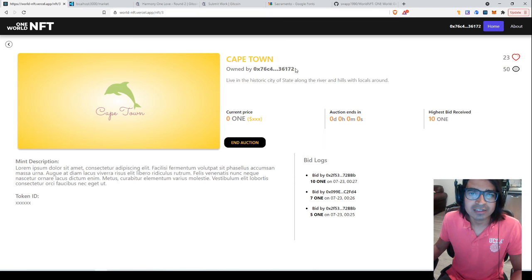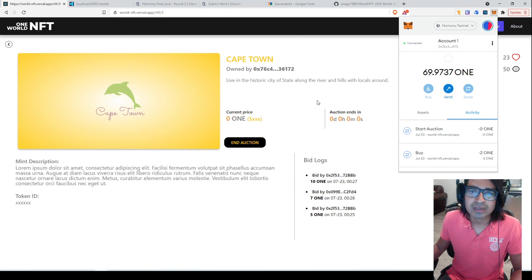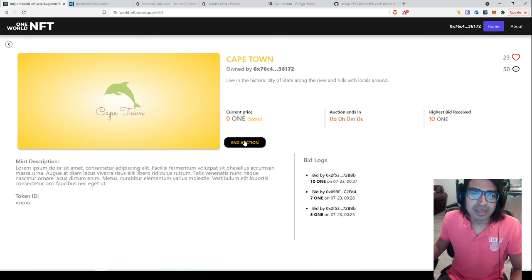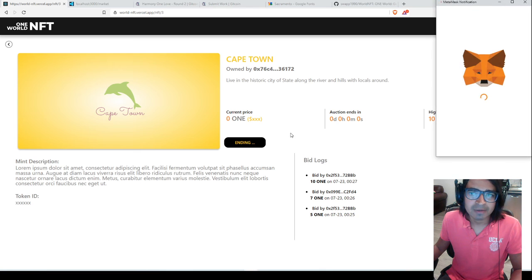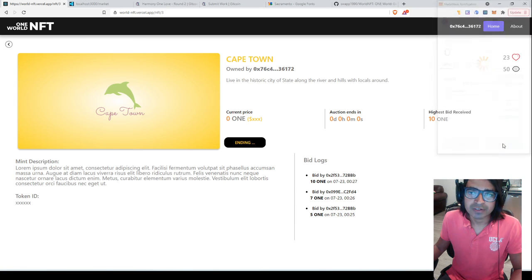So currently this is the owner, and then this guy wins the bid, so he will be the new owner. He'll lose 10 tokens from his account, and those tokens will be transferred to me, and the NFT will be transferred to him. So let's end auction, confirm. Every transaction has a slight gas fee, so you need to remember that.